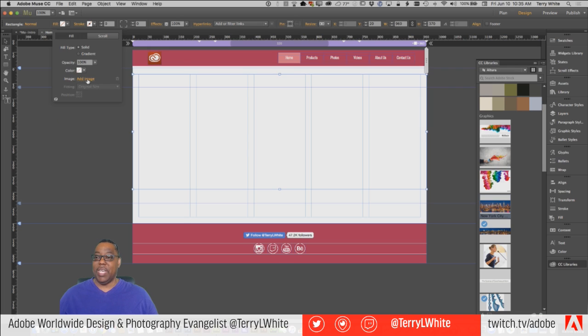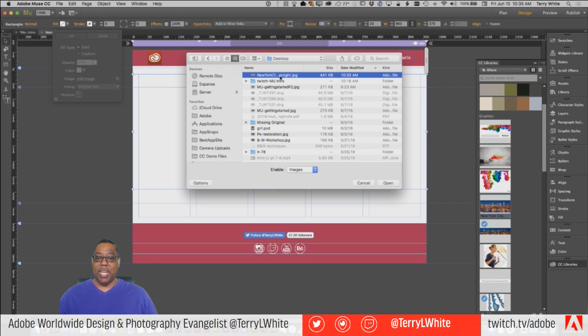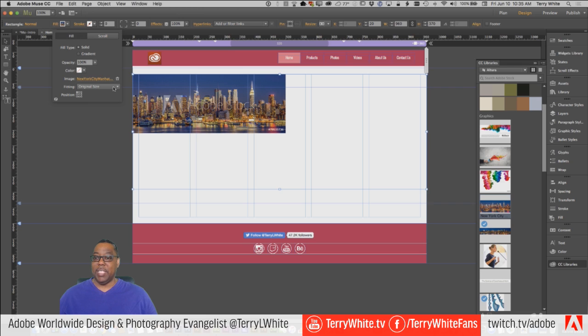So if I can add an image, then that gives me the ability to go out to the hard drive, go grab that New York City scene that we just saved out, and then I can go ahead and place it. Now, because I placed it, I can also say either fit it with its original size or scale to fit or scale to fill. So these are all the options you'd be missing out on if you just click the down arrow. You wouldn't know the rest of these options are there.